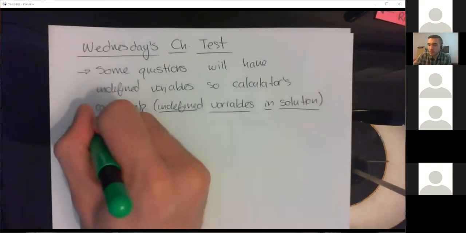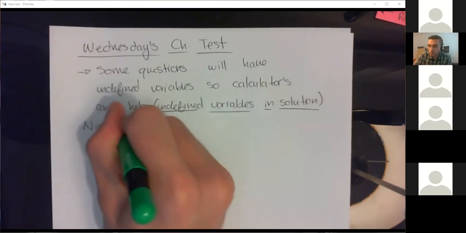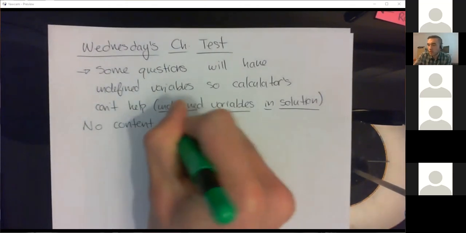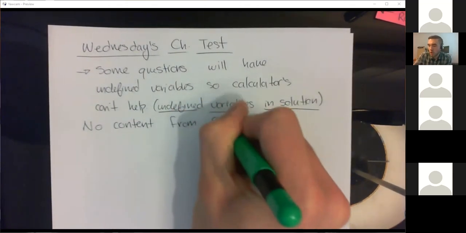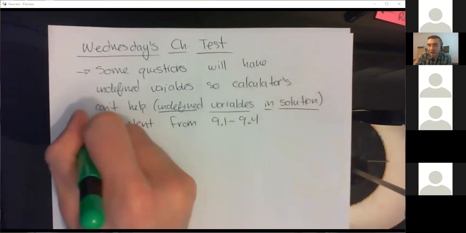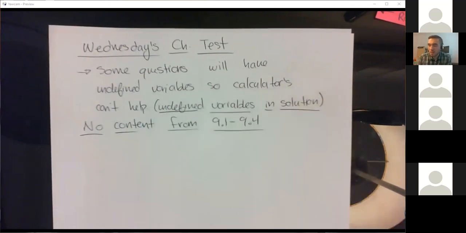Oh, other thing is there will be no content from 9.1 through 9.4. Not really. And this is for two reasons. Number one, 9.1 through 9.4 was before spring break, right? So it feels like a million years ago because it kind of is. And I would argue that the only thing that we're missing out on from 9.1 through 9.4 is actually section 4, partial fraction decomposition, because other than that part, right, the rest of this whole chapter has been about solving